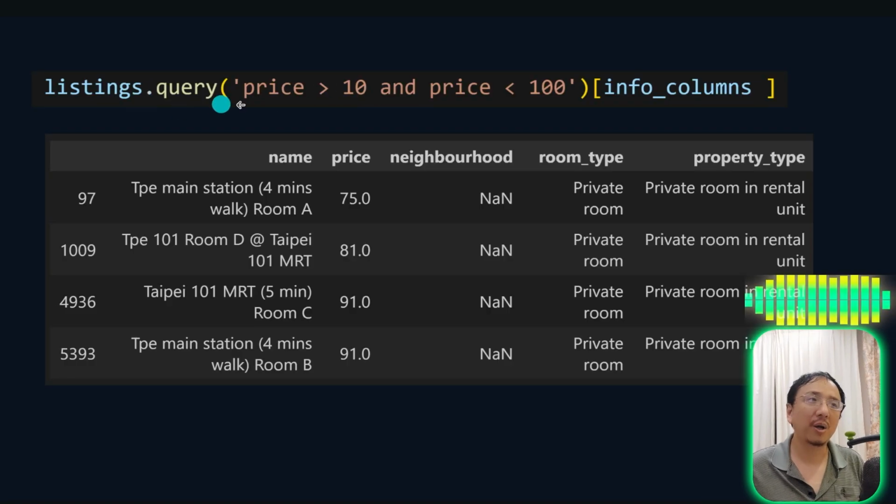So we use a query again to list prices above $10 and below $100. And we see there do have some entries satisfying this condition. So our hypothesis may not be good enough. And even worse, we find some very strange prices like 81 and 91. If the price is something like 99